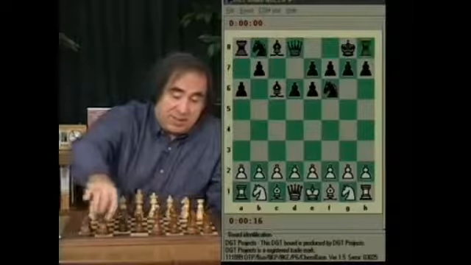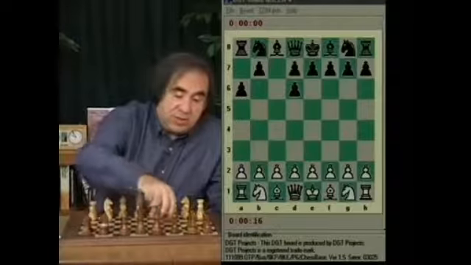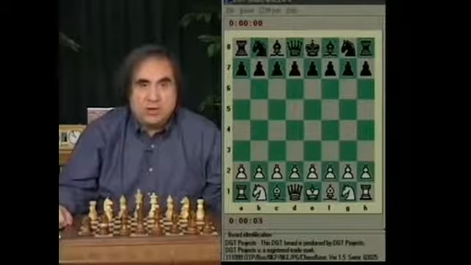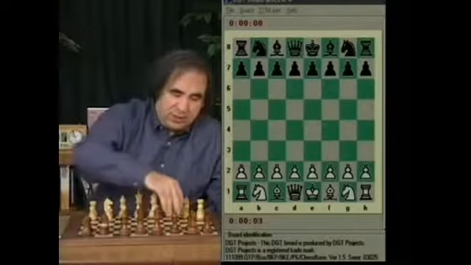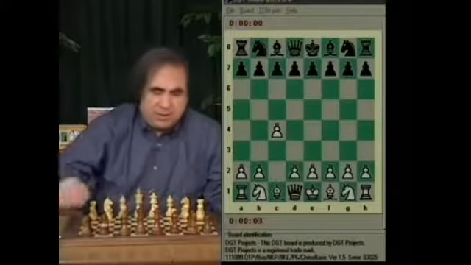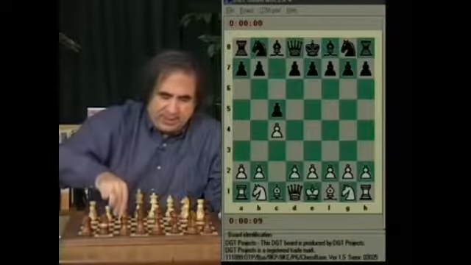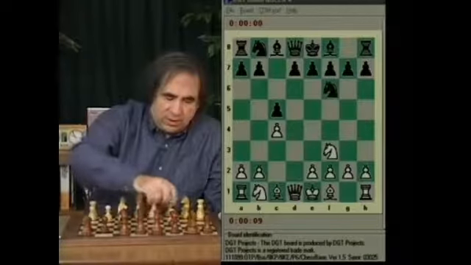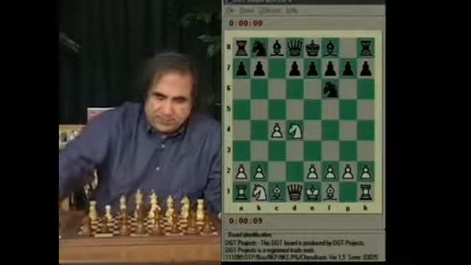I invented it myself, and I put a lot of time into developing it, and it was clearly wrong for me to play this trap just for that reason. It was c4. I showed this trap in one of my previous tapes. And c4, c5, knight f3, knight f6, d4, c takes d4, knight takes d4,